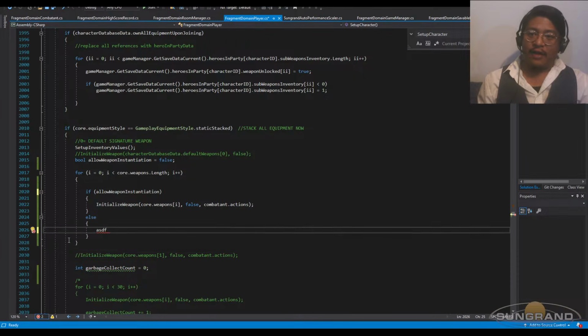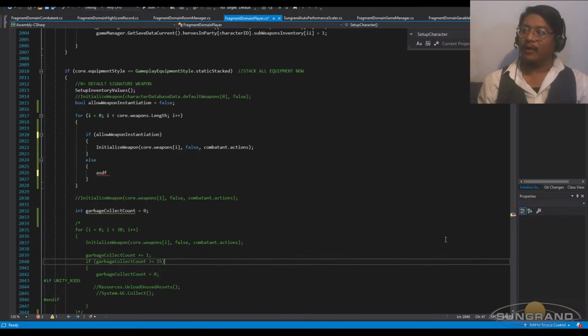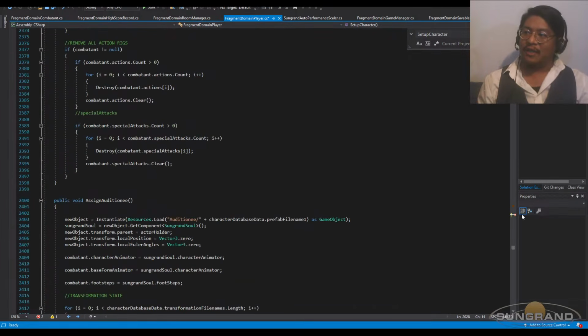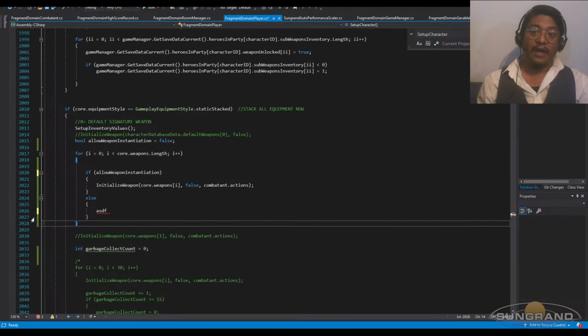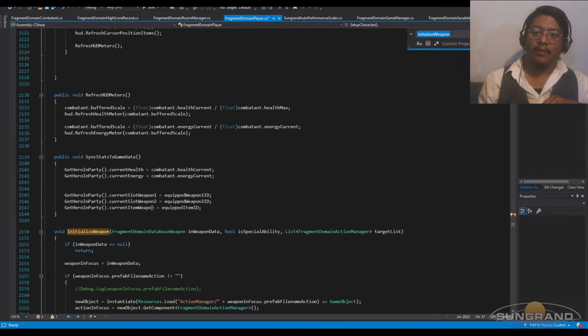And if I leave that there, you can see that in Visual Studio it'll underline that as an error, and you'll see here that it will indicate that there is an error in the code, so I can quickly find that. And the reason why I leave an ASDF tag is so I can return to that spot very quickly. This saves me a lot of time rather than trying to remember where that is or do anything else. So what I want to do is actually check the code for initialize weapon, and what